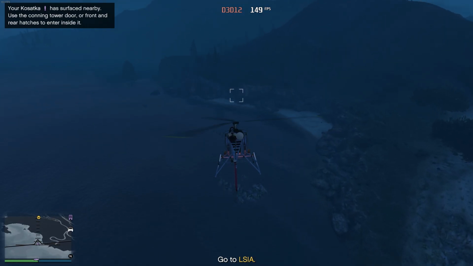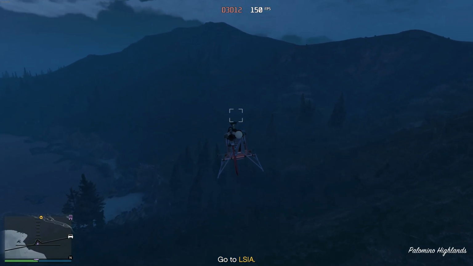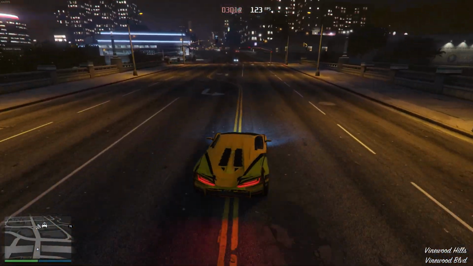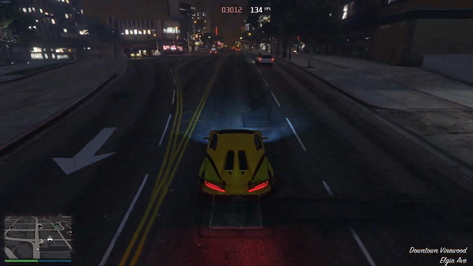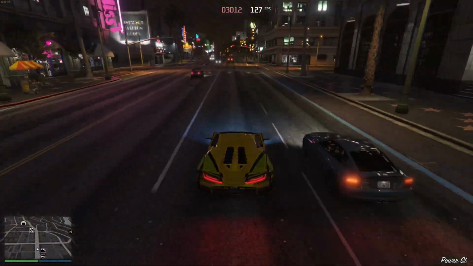The frame rates there are also even more respectable, with frame rates going as high as 150 and 160 when flying around in a helicopter over the ocean. The city drive is also rather respectable too, with some higher frame rates, and I believe, if I recall correctly, 130, 140 has definitely been seen plenty of times too, which is obviously another very nice improvement from the